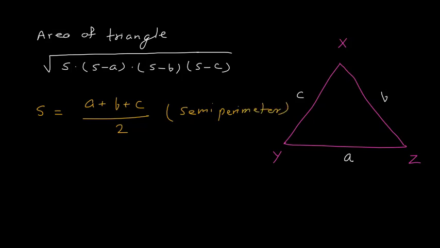So this formula, root of S into S minus A into S minus B into S minus C, is your Heron's formula. So now you can find the area of a triangle when you know all three sides of the triangle. Simple. So here we now have two methods to find the area of a triangle. One is half into base into height, when we know the base and height length, and another formula is area of triangle is root of S into S minus A into S minus B into S minus C. We use this formula when we know all three sides of the triangle.